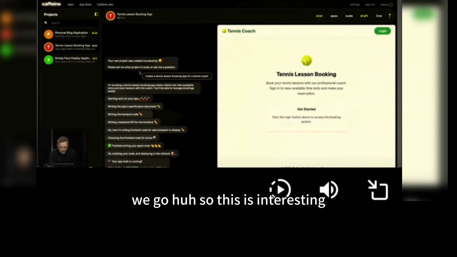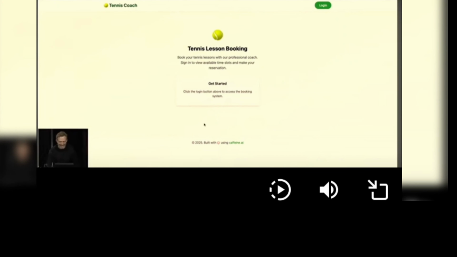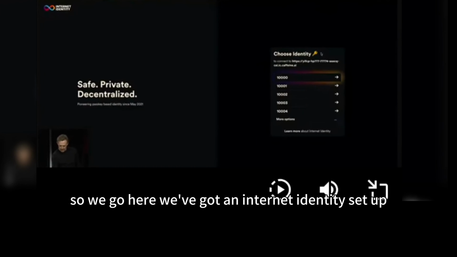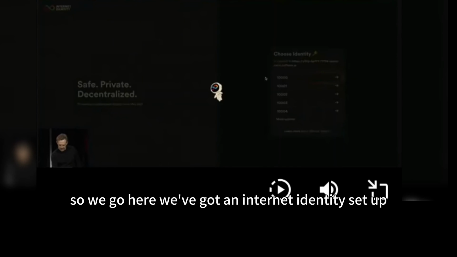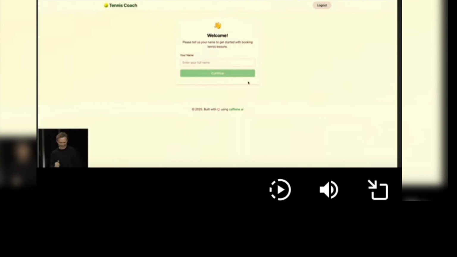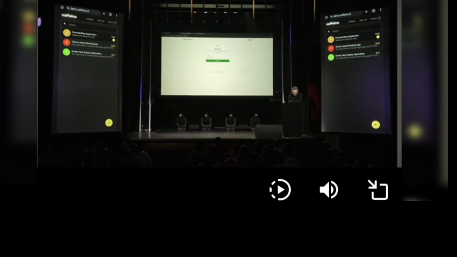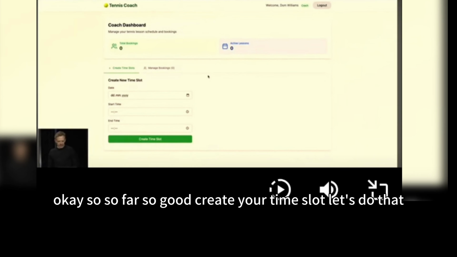Here we go. Ooh, so this is interesting. This one's got a login, which is nice. So we go here. We've got an Internet Identity set up. Okay.